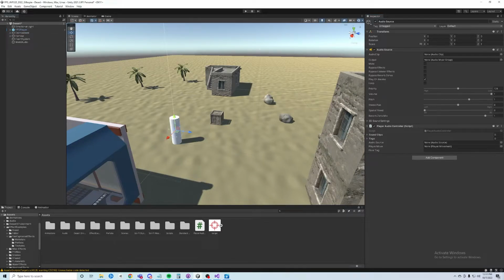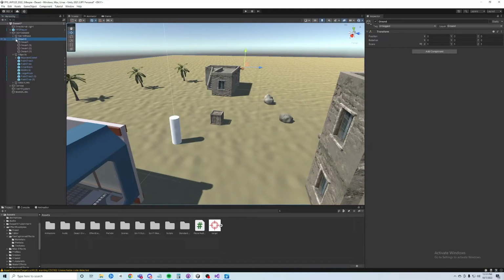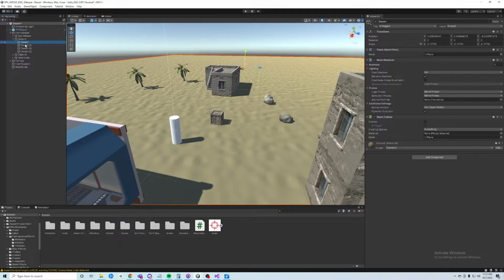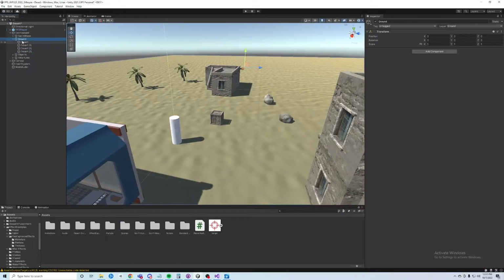we'll need to set the ground to a specific tag to get that to work. So we'll go ahead and access the ground object. And if you haven't put your ground underneath a top level object already, you're probably going to want to set it up similar to this. Have your ground underneath one object, and then have the smaller ground pieces parented to this ground object here. So in the ground object, we'll go to tag, and we'll go to